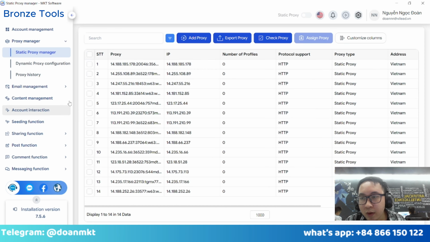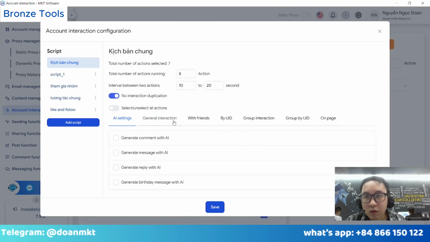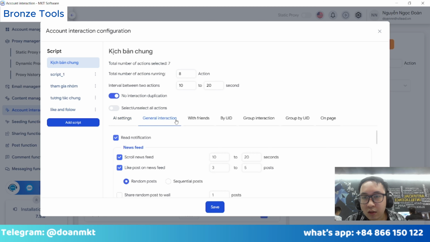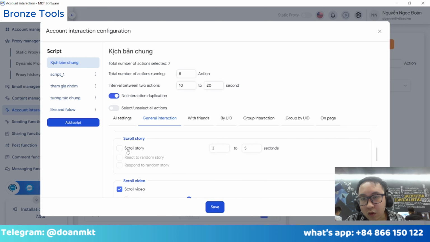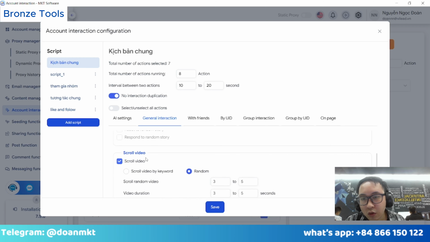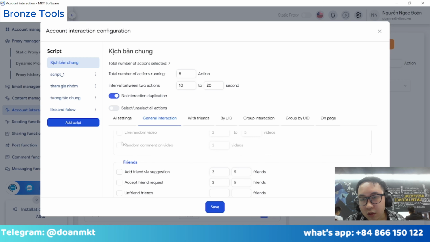Okay, next, to warm up multiple Facebook accounts, I will go to account interaction. To warm up the account, I will make a custom script to make your account act just like a normal user. In this software you can make general interactions like read notifications, scroll news feed, watch news feed, or you can choose scroll stories, scroll video, interaction with random video, interaction with reels,